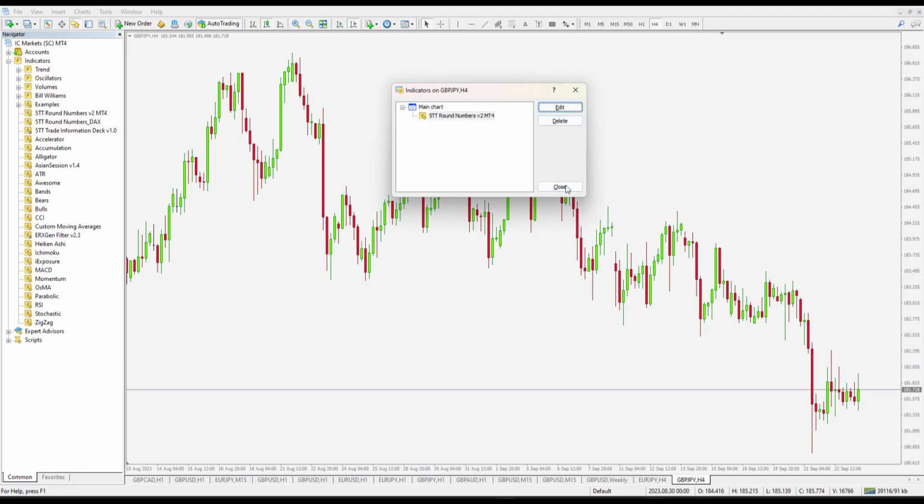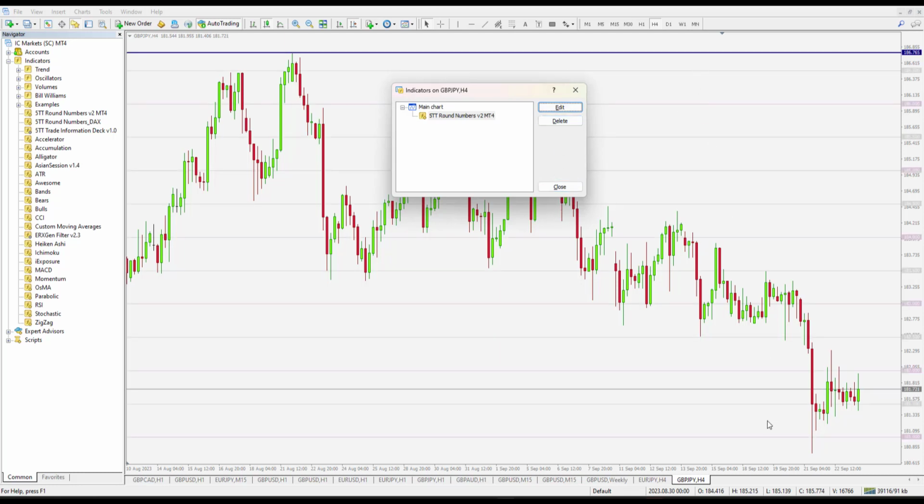Let's get the next tick in the market, and we can see it now. So I like to have it this kind of dark, and sometimes I don't want to have the mid lines. The mid lines I will use on smaller time frames, but once I'm on higher time frames like this, I tend to just use the main round numbers. Okay, so that's it